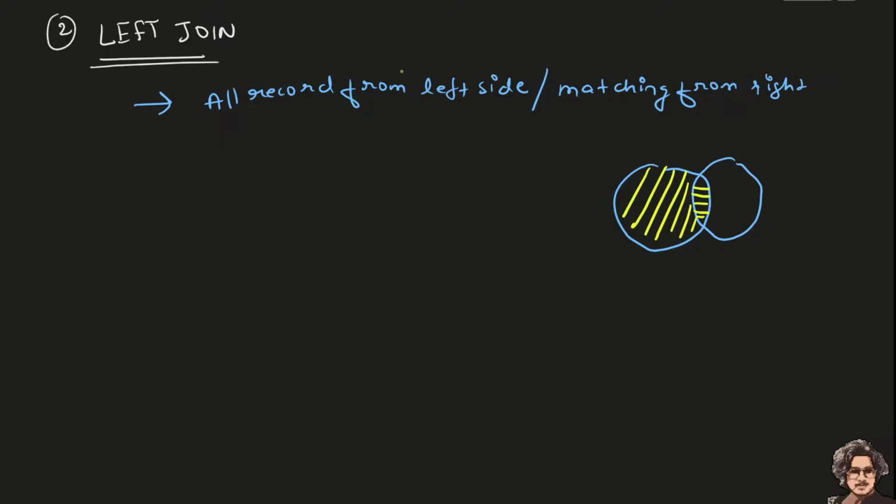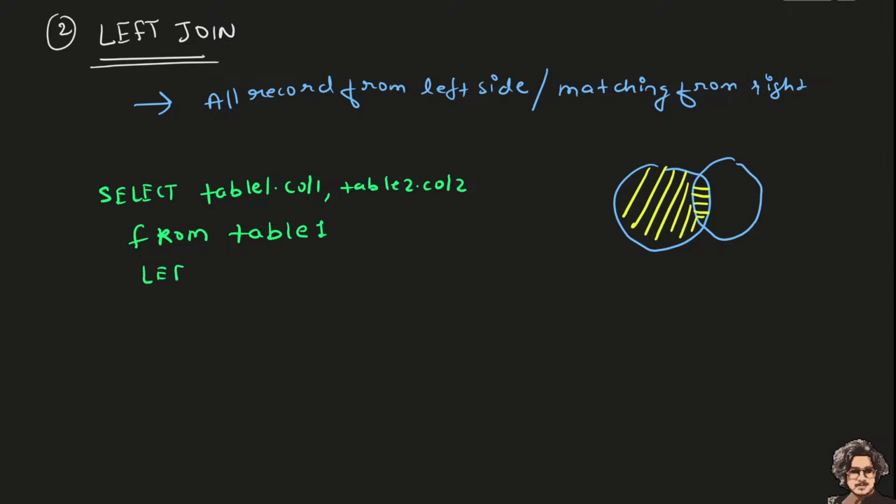Let's see the sample code for this. If you want to generate a left join, we simply write select. I want to select some column 1 from table 1, and from table 2 I want some column 2. Now I am doing the left join from table 1 with this table 2